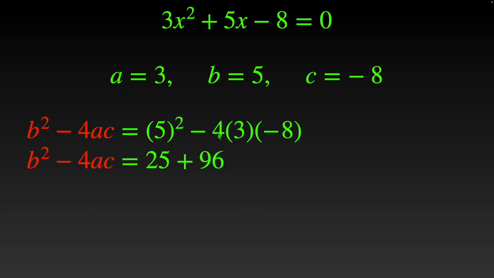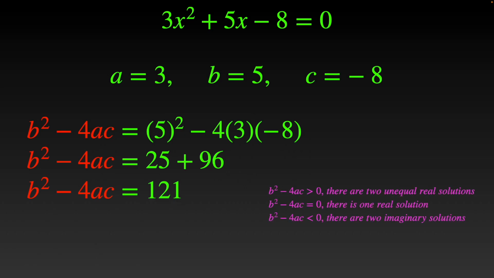Negative 4 times 3 times negative 8 is positive 96. Add these together and we get 121. Now, since b squared minus 4ac is greater than 0, 121 is greater than 0, there are two unequal real